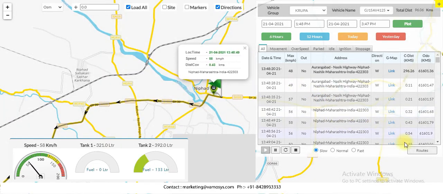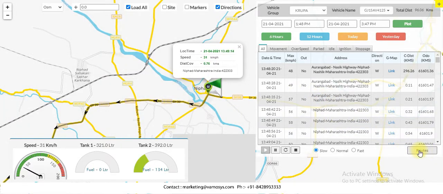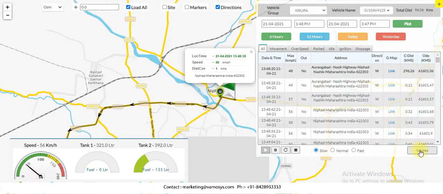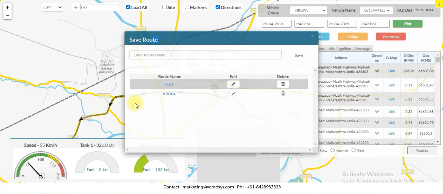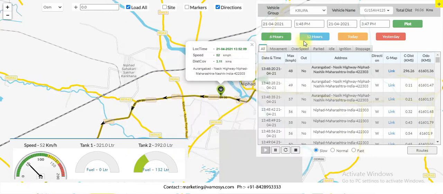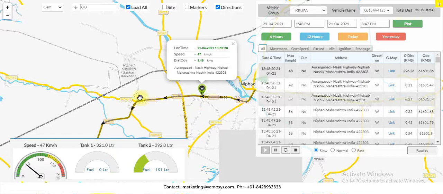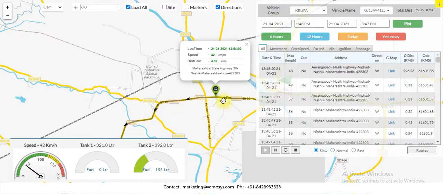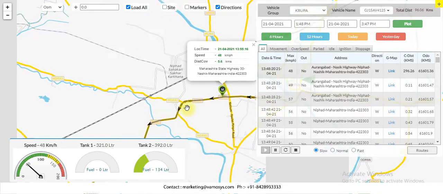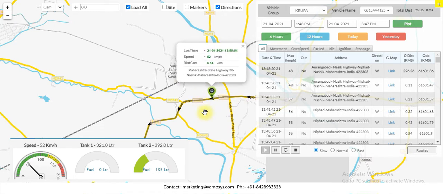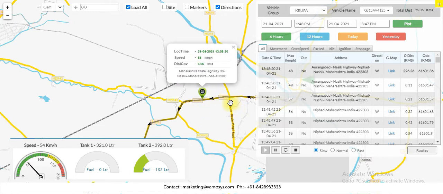In this option, you will be getting the routes button at the last of this chart. You have to click on the routes, and whatever the line has been already traced by this particular vehicle, that you can add route here. So basically you can add the route for the traced portion, the traced path. Like this vehicle has already traced this particular path, or this is tracing like that. So for this only the route can be created from the history report.